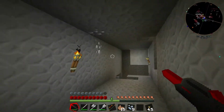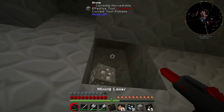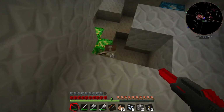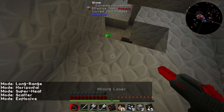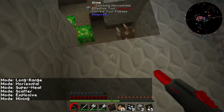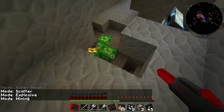Don't really need the salt. What have we got? Aluminum, yeah, we can have that. Let's grab the aluminum ore. And we've got a skeleton down here. Now, we can't really hit him with the mining laser at this range. This is the only problem, it's a little bit tricky having to switch between them. But as you will see, this is a lot more effective than having to use the...